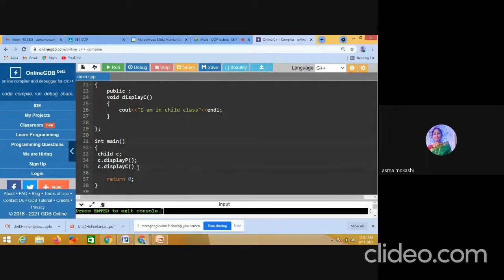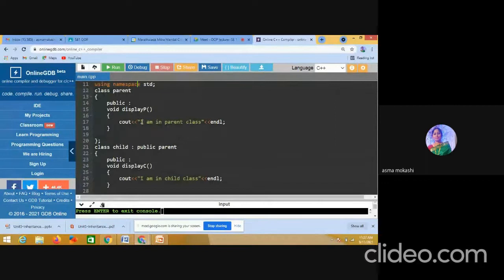Making it public, students, is very easy. Public is accessible anywhere. Now I am changing the visibility here to private. What happened now? Students, it is like this. Whatever data here is public, now I am accessing here as private.